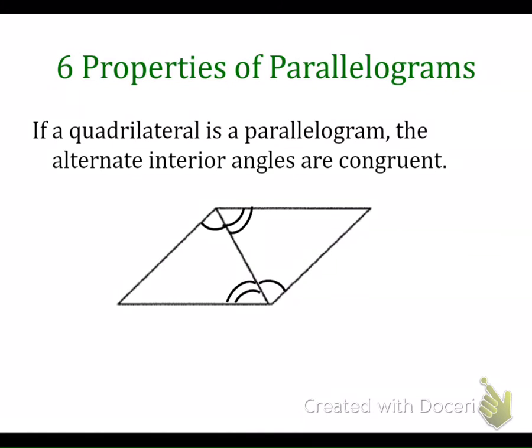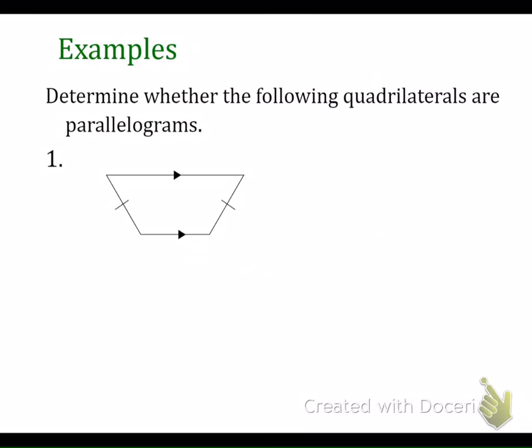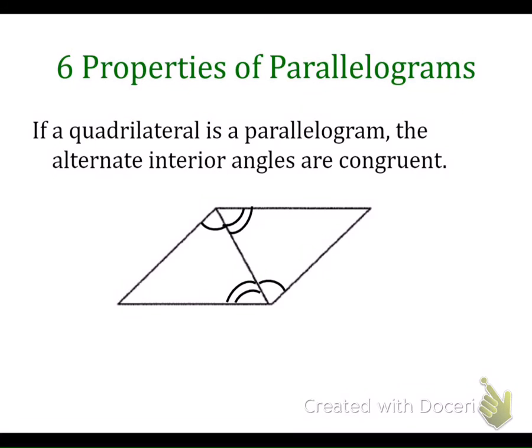Alternate interior angles are congruent. Okay, so this angle is congruent to this angle, this to that. That's what that's saying. So if this angle is 50, this angle over here is 50. This is 40, this is 40. So it doesn't matter about